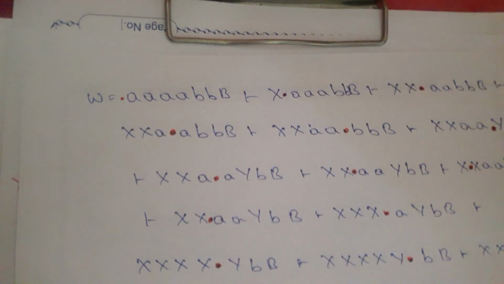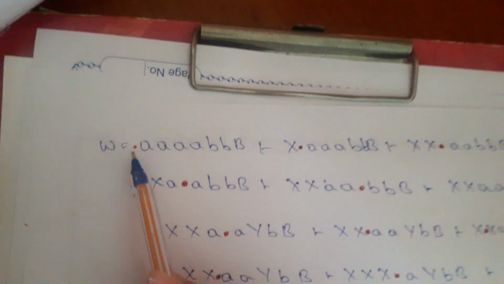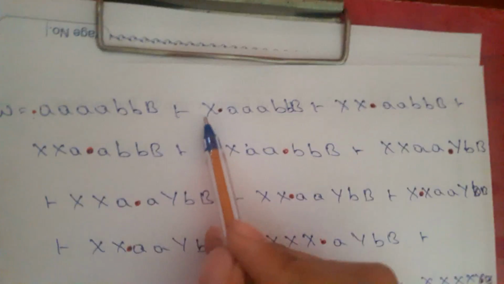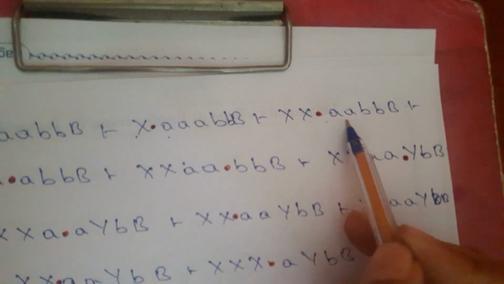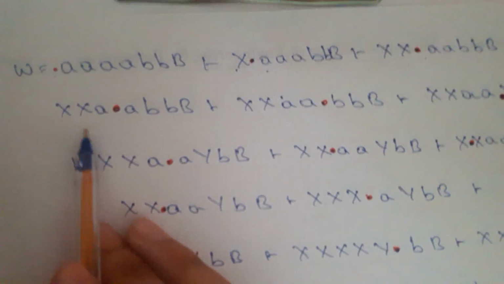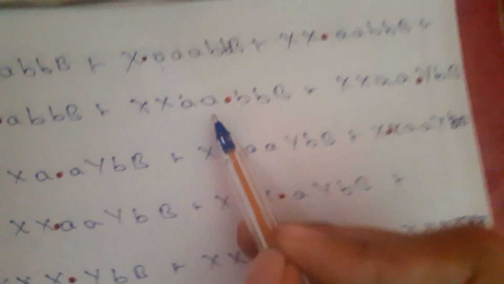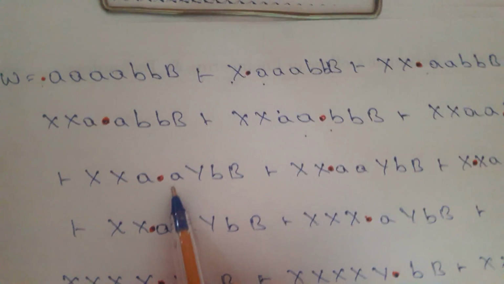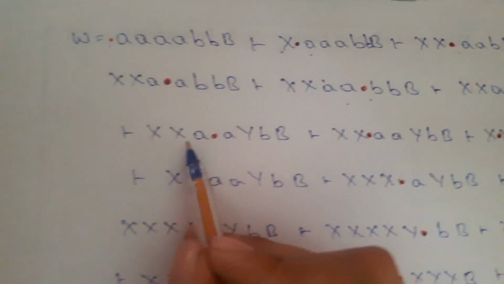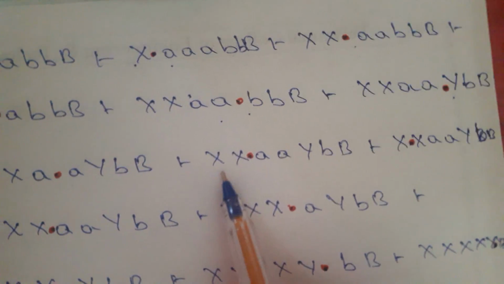Now let us see the working. First it is here. Now we will be converting the first a as x and we will move to the right. Then again we will convert the second a as x and move to the right. Now we can come across as many a's as possible. We will just skip them and move to the right. On coming across b, we convert it into y and move to the left. On moving to the left, we can come across as many a's as possible. We just skip them and move to the left. On coming across x,